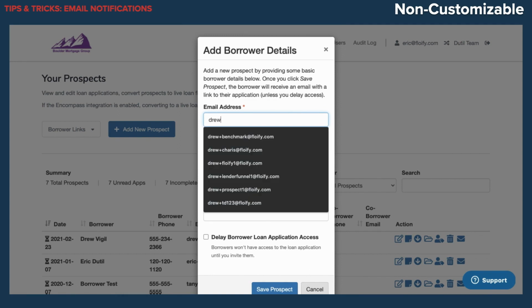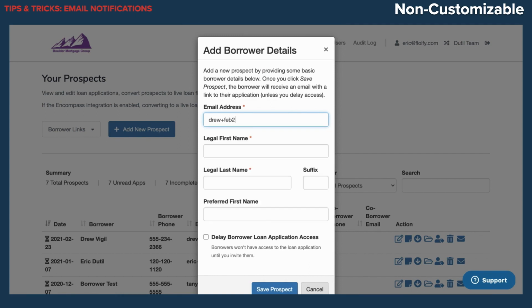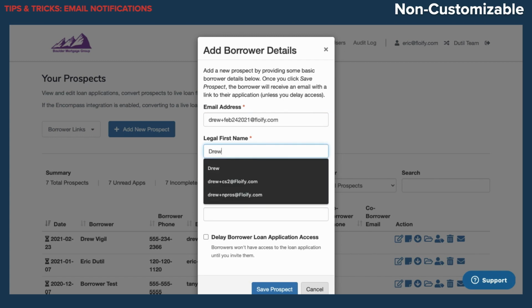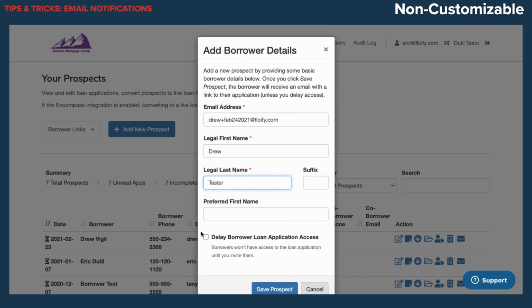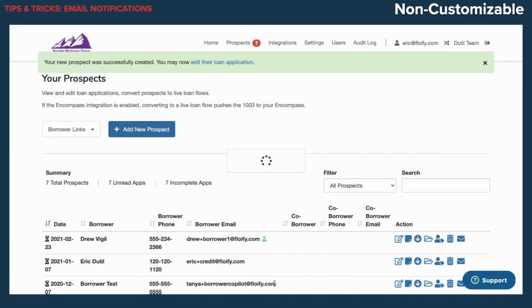We can enter the borrower's email address, and then we can put their name. In this case, Drew Tester is going to work today. Now notice I'm not going to click the delay borrower access, and I'm going to save prospect. Now that lets me know that the prospect was successfully created, and I can now edit their loan application.